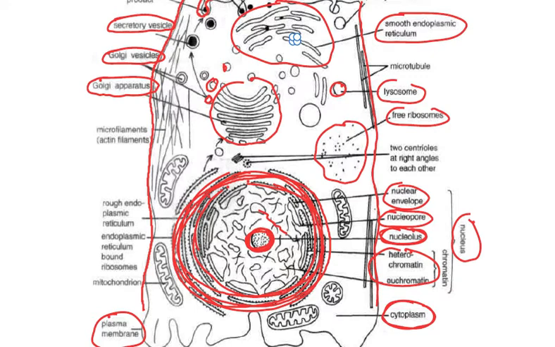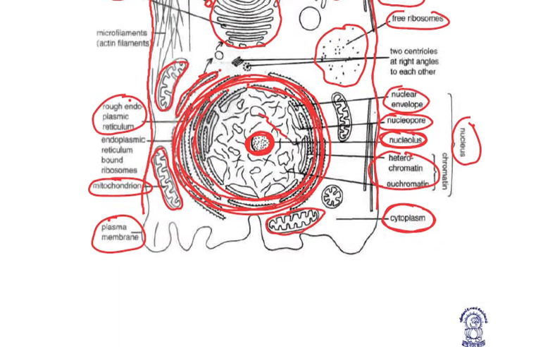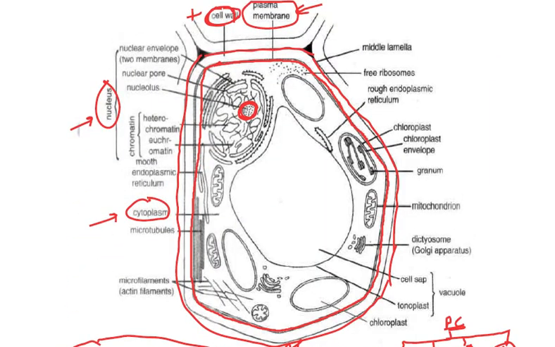Correct? Now these kinds of structures, in which there is an outer membrane and another deeply folded inner membrane, are our mitochondria. And in between we have these structures which have a dotted rough surface above them. They are rough endoplasmic reticulum. Clear? So these are a few main cell organelles which we need to see and relate when it comes to animal cells. Now let us try to relate the plant cells.